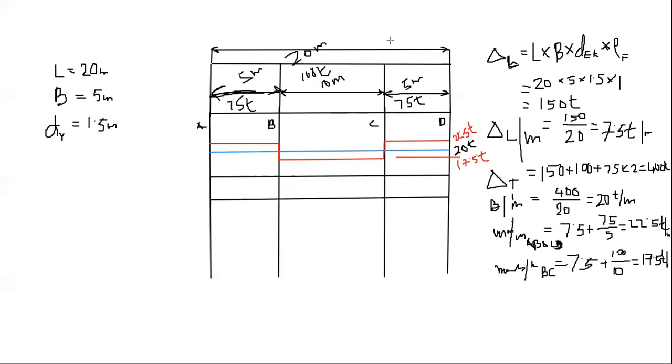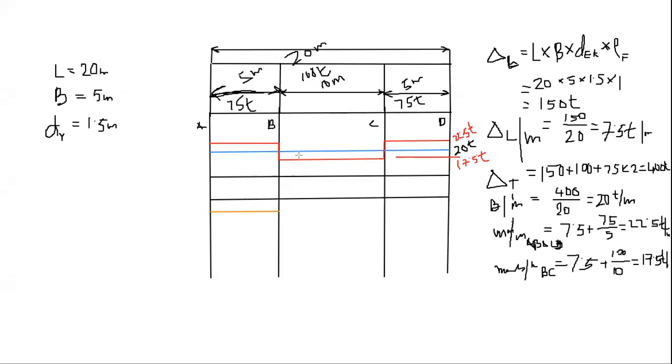So now how will you draw this? If you take the difference between A to B for the load diagram, that is the buoyancy minus the mass, we'll get minus 2.5, because the mass is downward and buoyancy is upward. Here the mass is more than the buoyancy, so we'll get a negative value. That is the 2.5 we draw here.